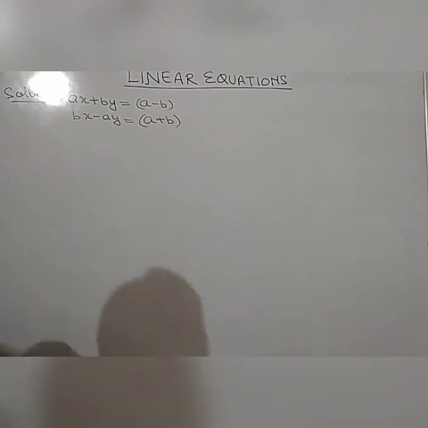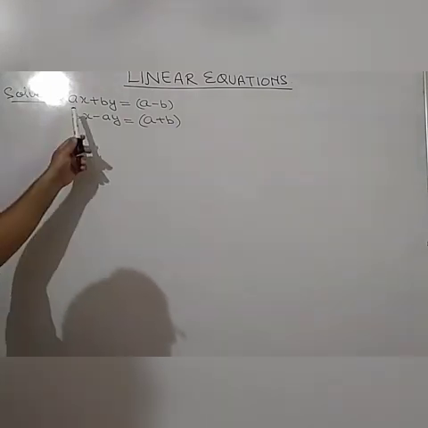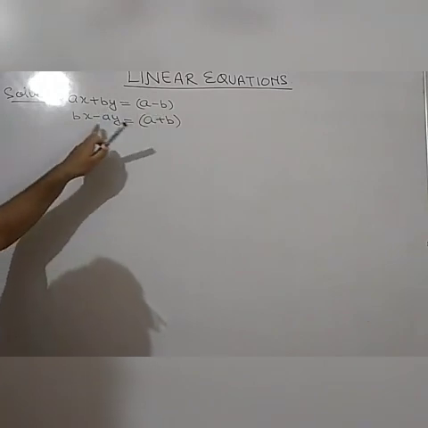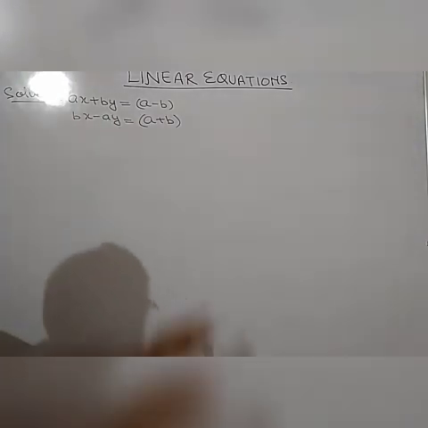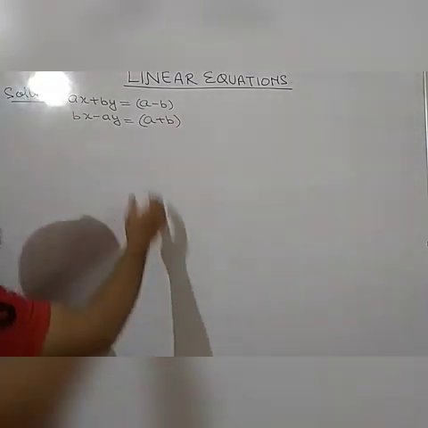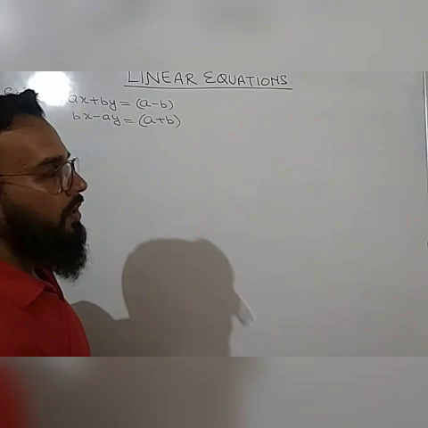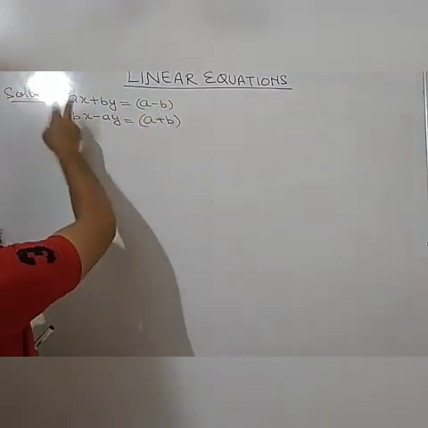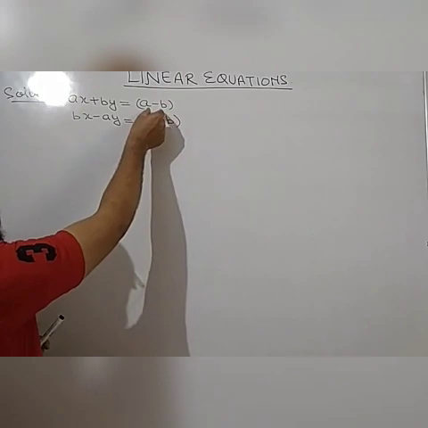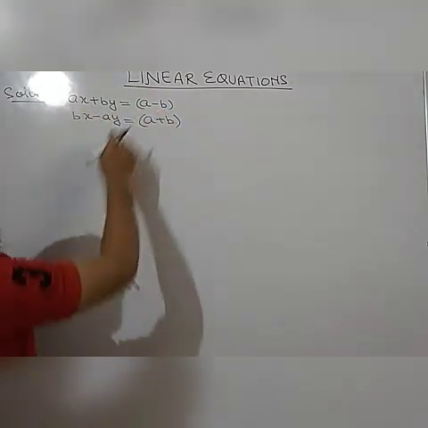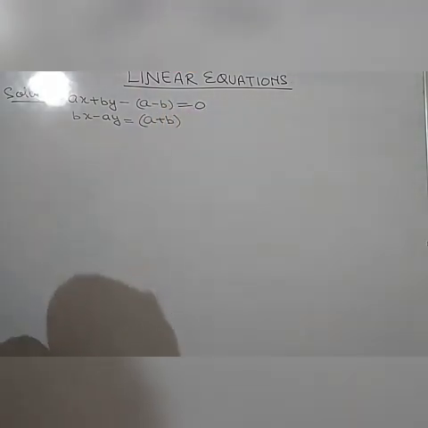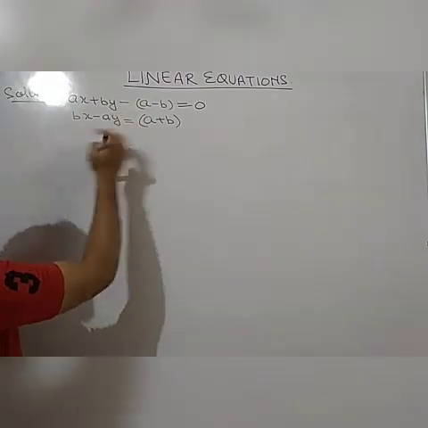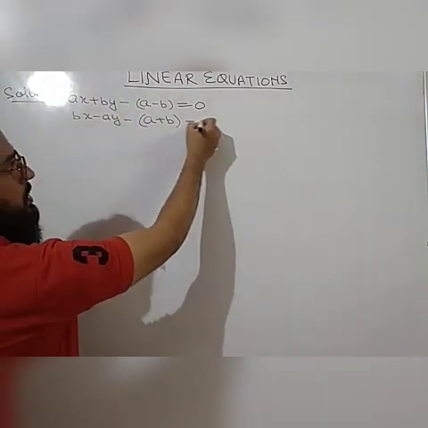Now let us solve one more problem from cross multiplication method. The question is ax plus by is equal to a minus b and bx minus ay is equal to a plus b. We have to solve this question by cross multiplication method only. So first, we know that for cross multiplication method, the term in RHS should be 0. It means first we will take this a minus b to the left hand side. So when we will take this a minus b term in left hand side, then it will be minus, and it will be equal to 0. Similarly, if we will take this a plus b to left hand side, then it will be minus a plus b is equal to 0.